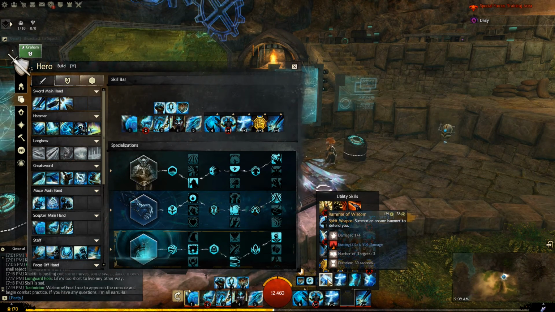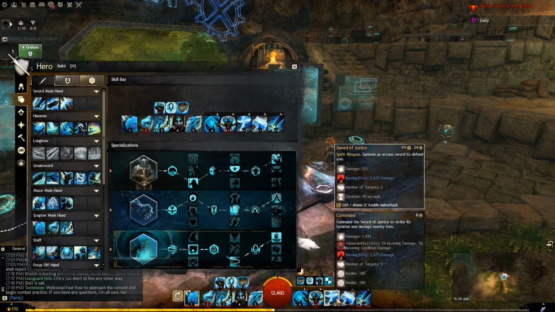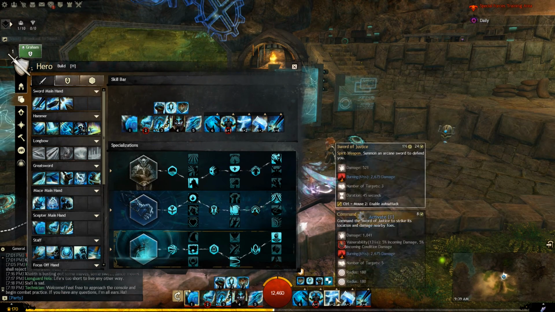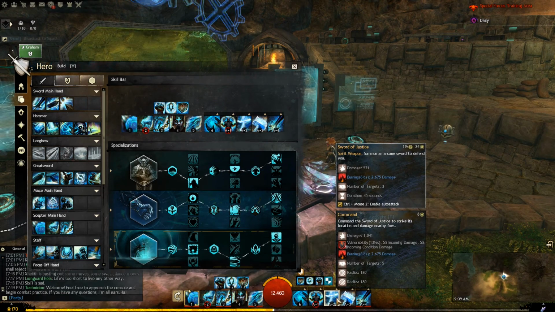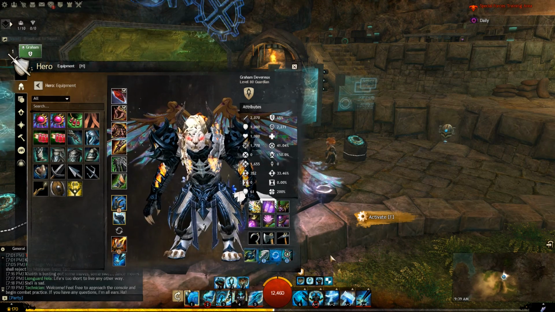So you can also use the Hammer of Wisdom, but please keep in mind that the cooldown of the Hammer of Wisdom is 36 seconds, and this one is 24 seconds. So you can keep on pumping out the Sword of Justice. Now, if you don't use the other signet,